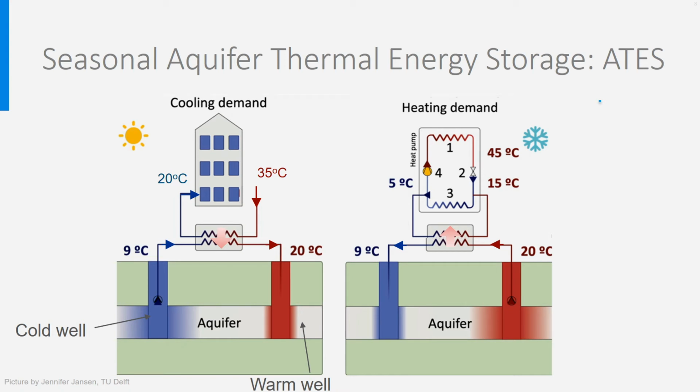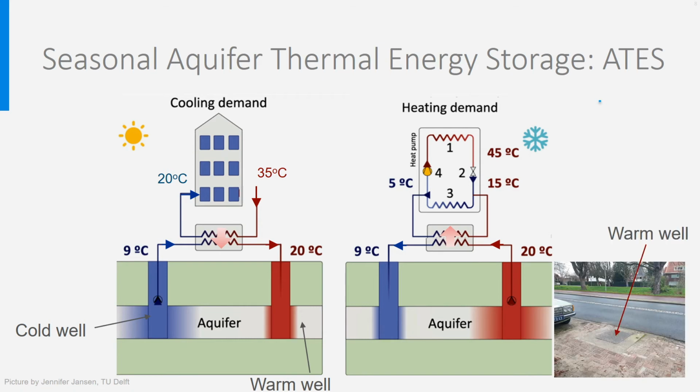And the EER also. And last but not least, it seems very impressive, but such an ATES system, from the outside, looks just like the cover of a sewage system. This is one of the ATES systems on our campus. In the Netherlands, thousands of these systems have been installed as they are relatively cheap and offer a form of free passive ground cooling. There is just a pump needed to pump the groundwater.